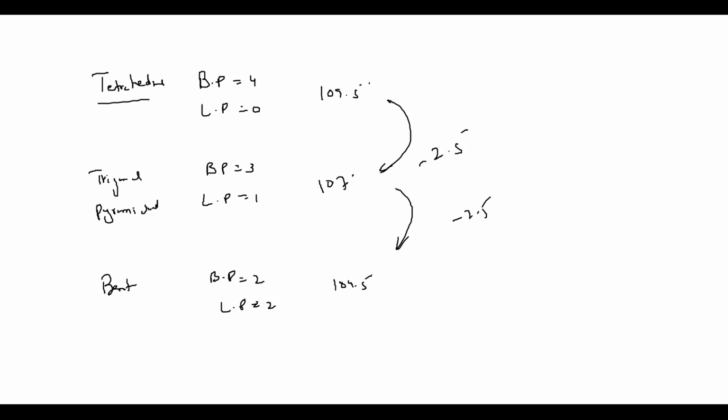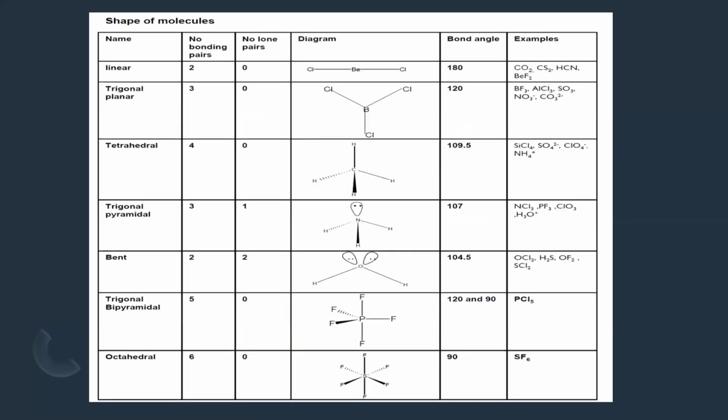Because the repulsion between the lone pairs, like 2 lone pairs repelling more, is why the bond angle is decreasing. So the greater the number of lone pairs, the smaller the bond angle. And if it is